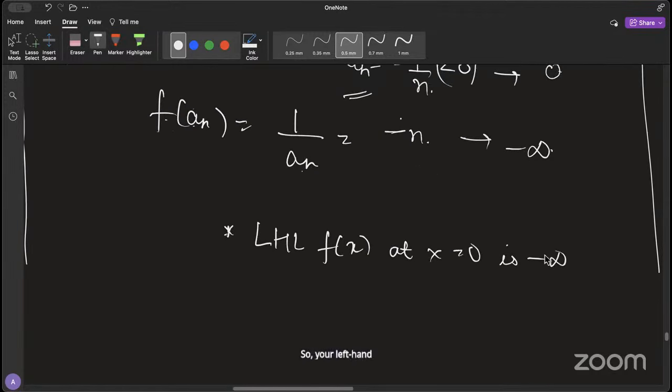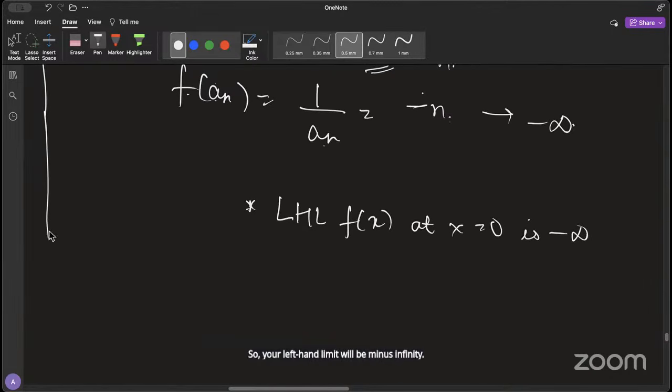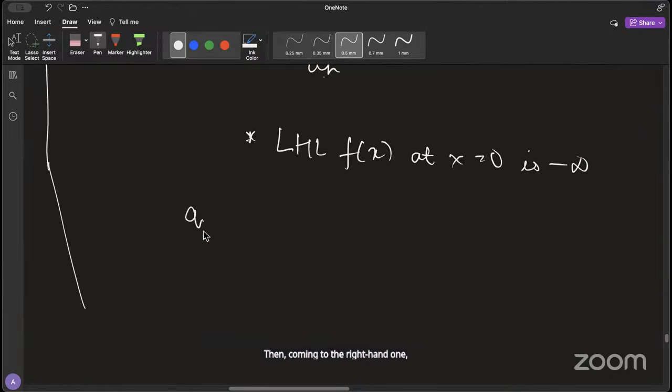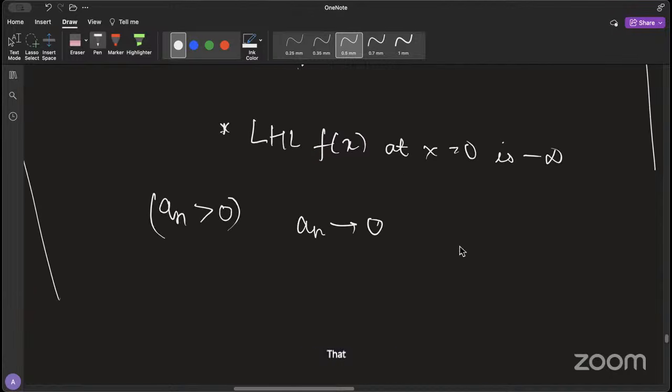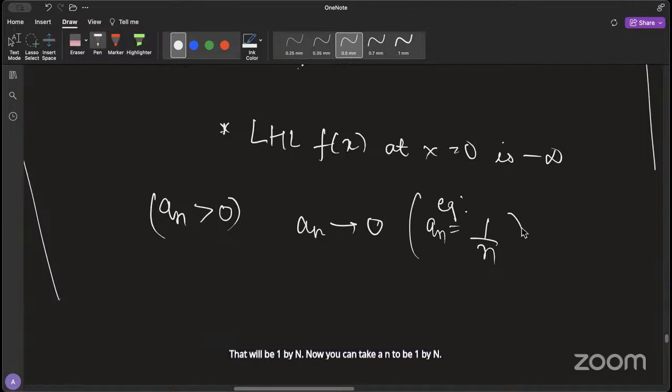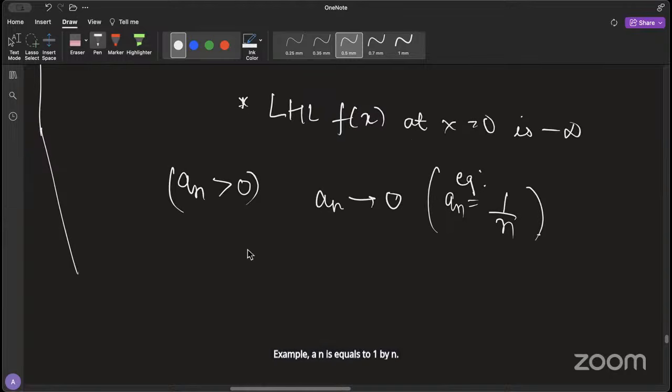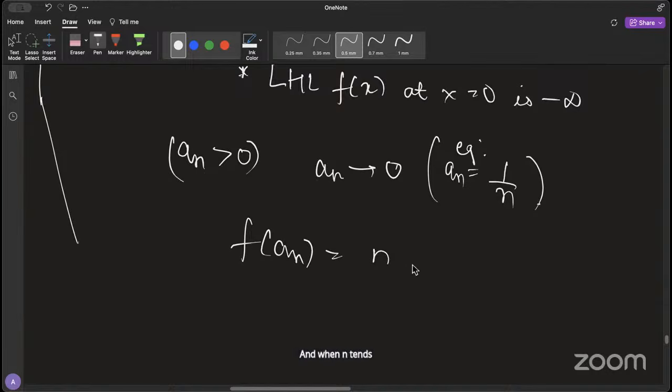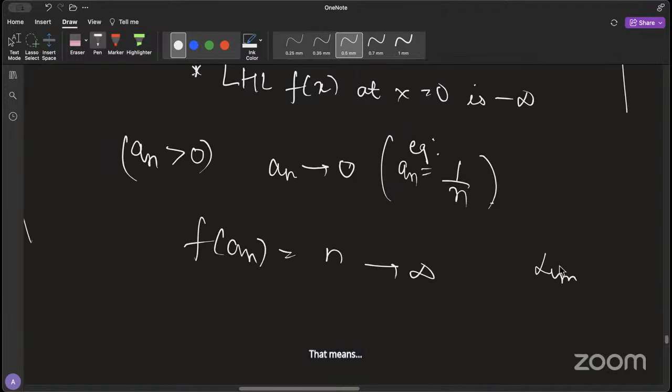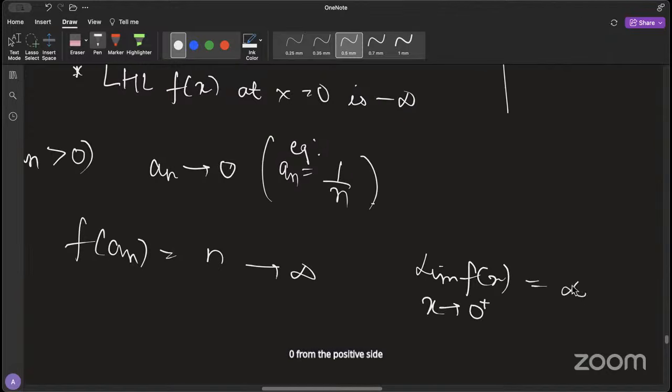So your left hand limit will be minus infinity. Then coming to the right hand one, I take a_n greater than 0 such that a_n tends to 0. I can take one such sequence, that will be 1/n. Example, a_n equals 1/n. Now my f(a_n) will be equal to n, and when n tends to infinity, this will tend to infinity. So f(a_n) tends to infinity. That means the limit of f(x) as x tends to 0 from the positive side is infinity,